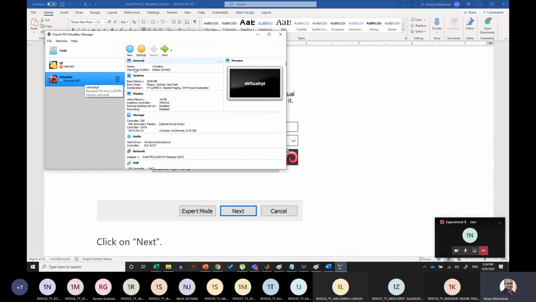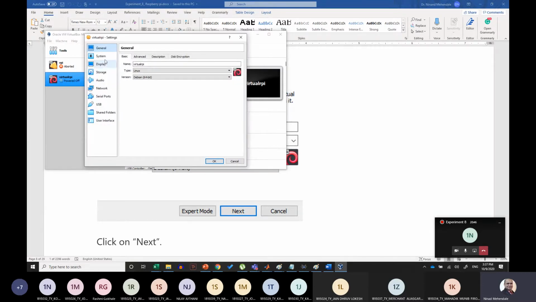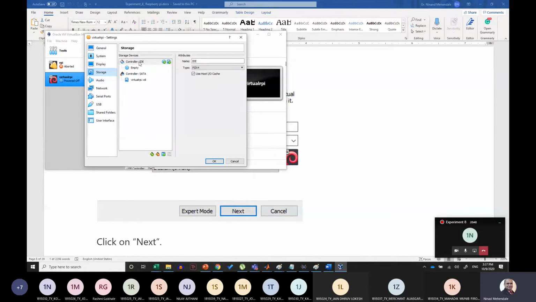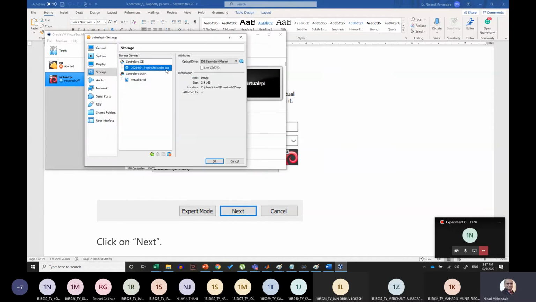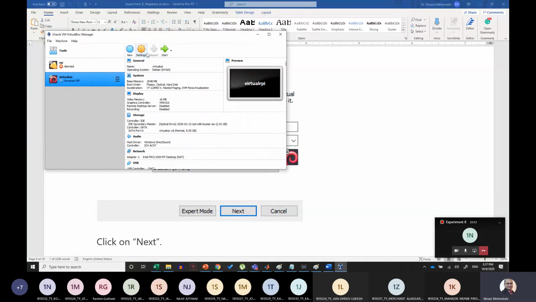Next thing what you have to do is click on the settings for that particular machine. Go to the storage. Then here you have your CD-ROM. You have to right click on this particular menu and choose a file. So when you select choose a file from the disk, it will allow you to select your Raspbian downloaded ISO file, and then it gets automatically loaded. Click OK to this, and then you click on a start machine.